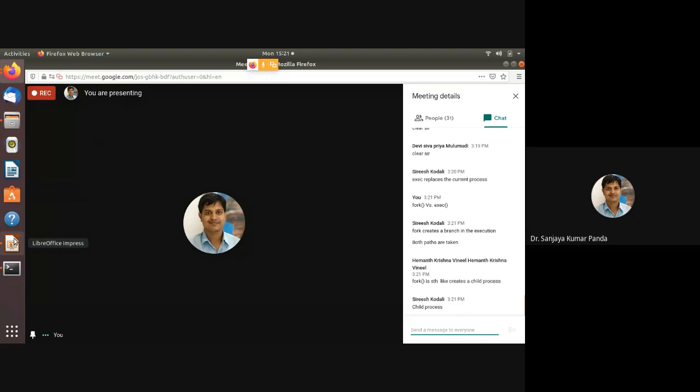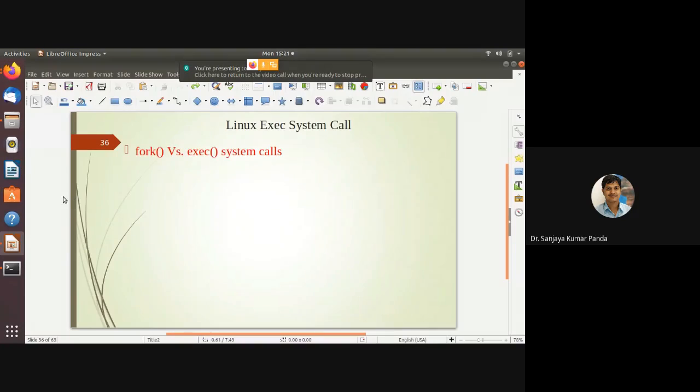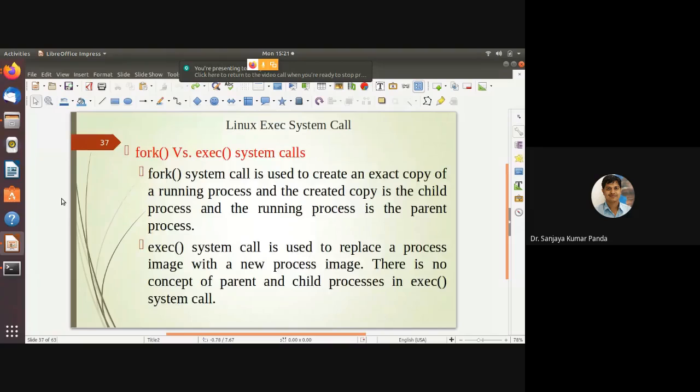So we'll see some program using both fork and this system call, so that the idea is more clear, right? So fork system call is to create an exact copy of the running process, right? Last class we have seen you are getting the exact copy, but few statements are in not executed mode and few are in the executed mode. For example, whenever you are executing fork, after that whatever instruction is there, the same instructions will be executed by the child process, right? Otherwise it will go as an infinite loop, right?